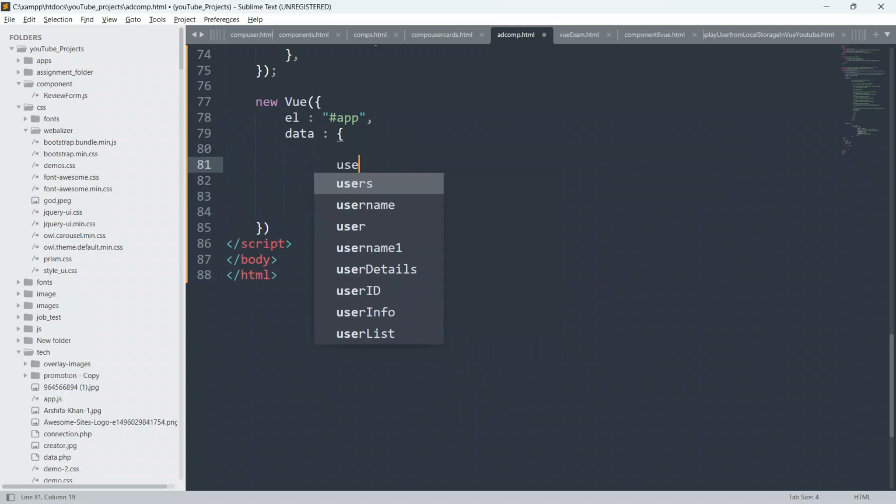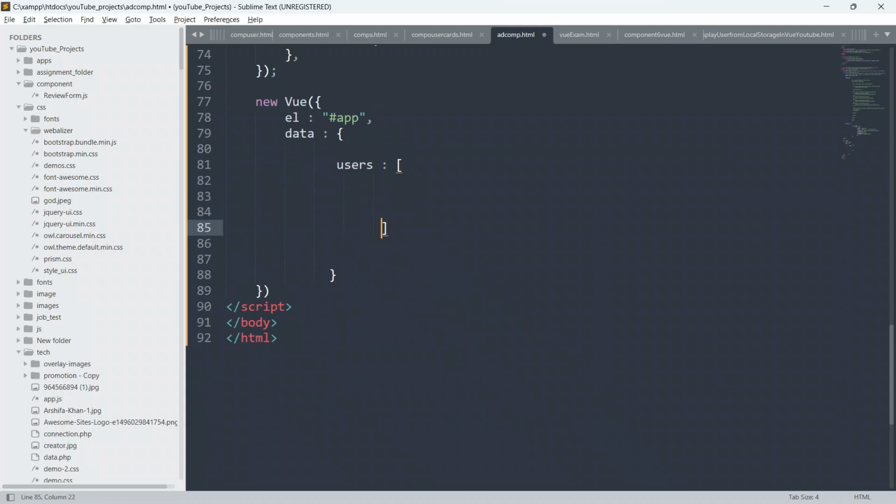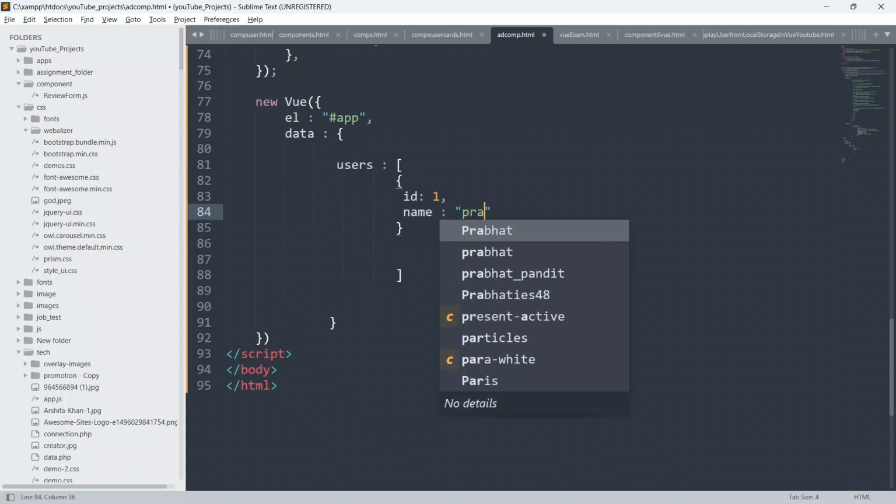So I will say users, put colon and put square brackets, and inside this we have to give curly braces also. Here we will define our ID. Give ID as 1, put comma, and give name also, put colon and give double inverted commas and put Prabhat Pandit.